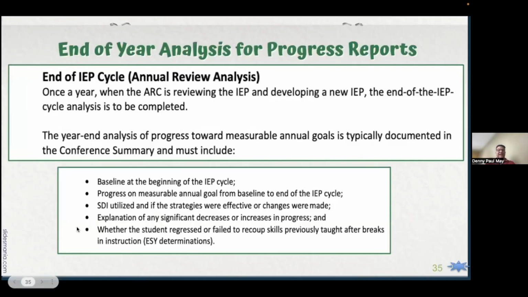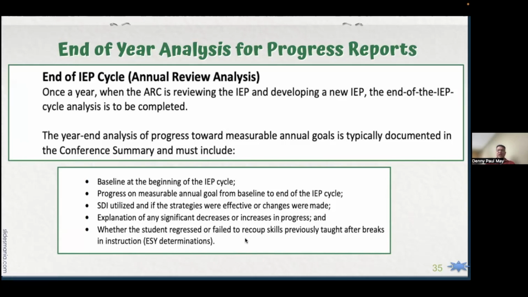And then the last thing is that we do this at the end of the IEP cycle. We do an annual review analysis once a year where we would look at all the things. We'd say where the student's baseline was at the beginning, what progress they made on the goal, what SDI we utilized, what strategies were effective, and what changes were made to that student's instruction. We would explain any significant decreases or increases in progress and what the maybe special circumstances were. And then we could also talk about